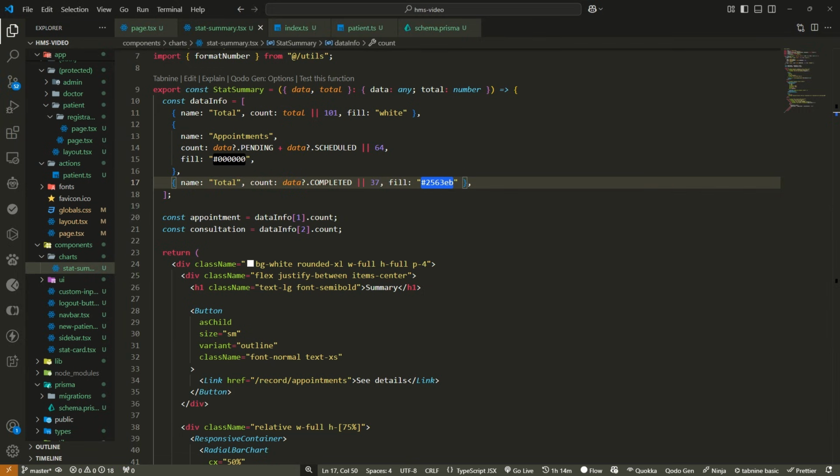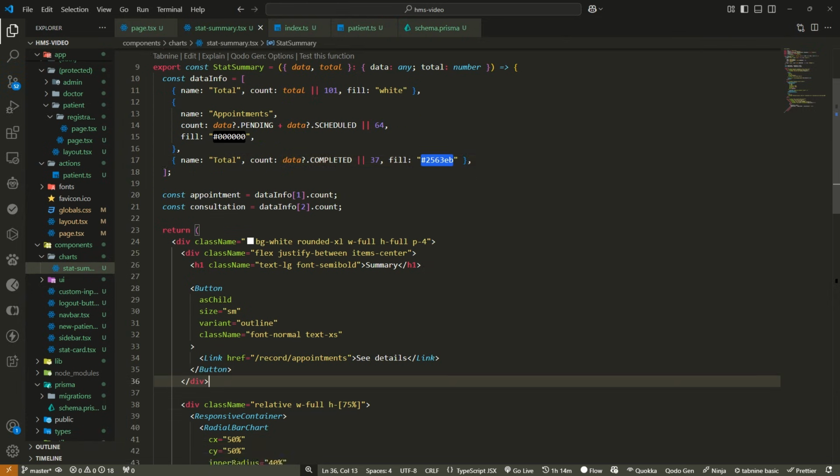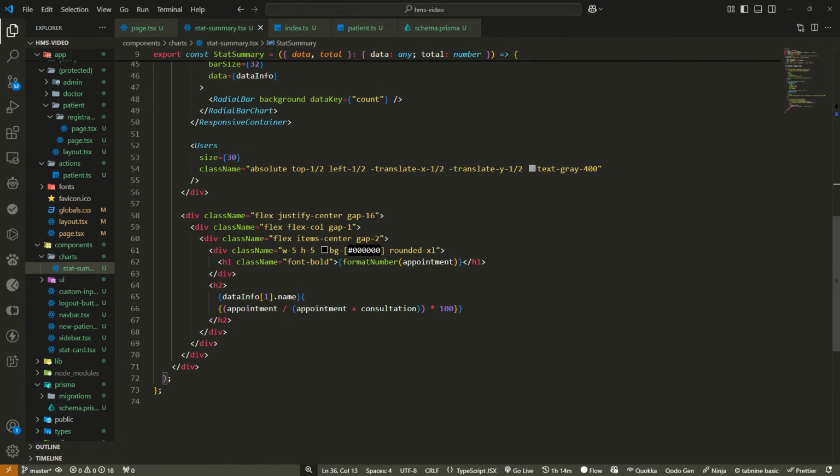yes, the fraction part, great. That's why I'm putting the toFixed of 0 here. If you want it to be 1 or 2, you can put it according to your need. Okay, so this one, we can style this